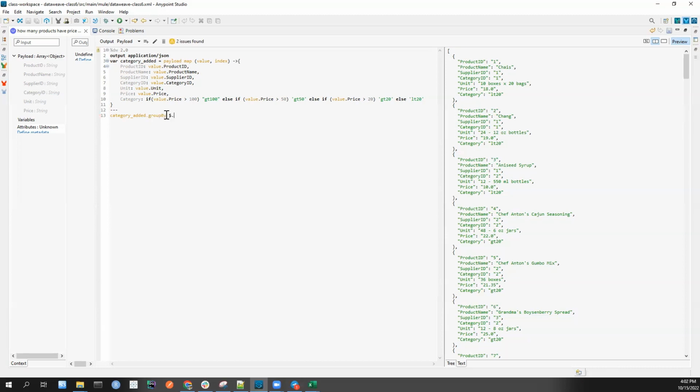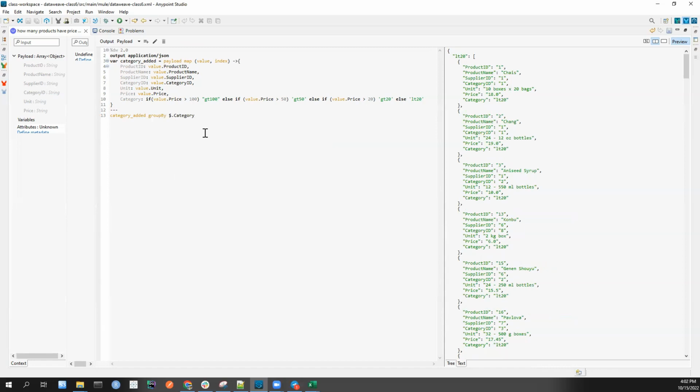Group by category. This one creates an object, as we said. Now we wrap this in brackets like this. Now this is an object. We can use map object,